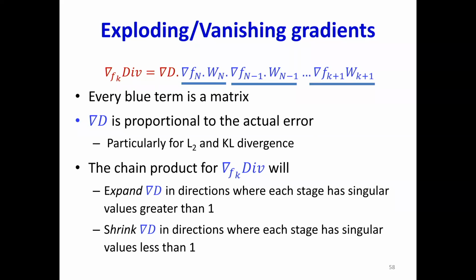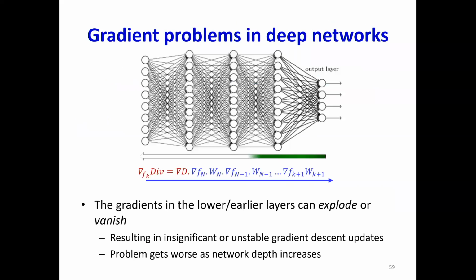And so what is going to happen as you keep going backwards? We know the Jacobian is going to keep shrinking the vectors, and the W's are all not oriented with one another. So the vector will keep shrinking as it goes through, except for a small number of components which are going to blow up, right? And so you're going to get vanishing or exploding gradients. The gradient is going to vanish in the majority of directions, and it's going to explode in a direction where the singular values are consistently greater than 1 across all the layers.